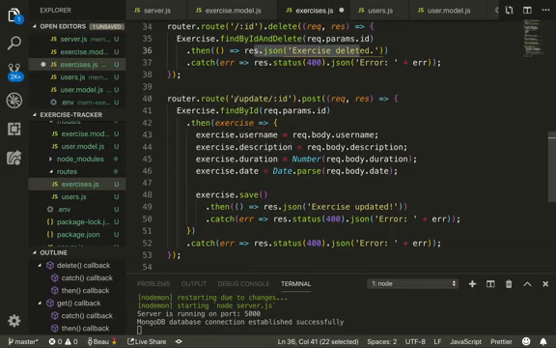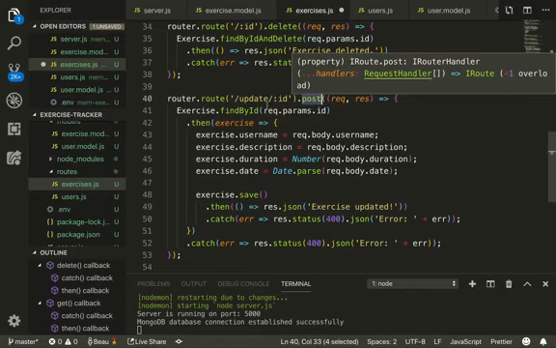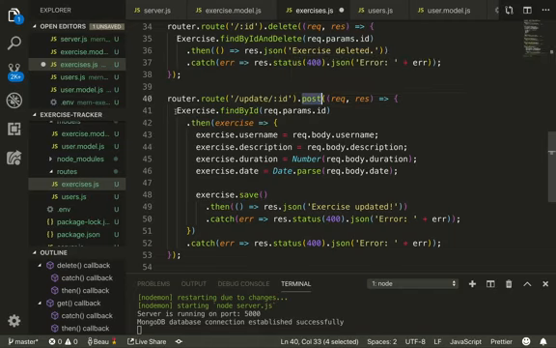So the next one is the update. If the route is exercises/update/ID, so the object ID, and it's a post, then we're going to update it. So first we have to find the current exercise, and then we update it. So exercise.findById, and then we pass in the parameter right from the URL here. After we get the exercise, .then, what we're going to do with the exercise is take the exercise.username. This is the exercise we just got from the database, but we're going to set the username to equal